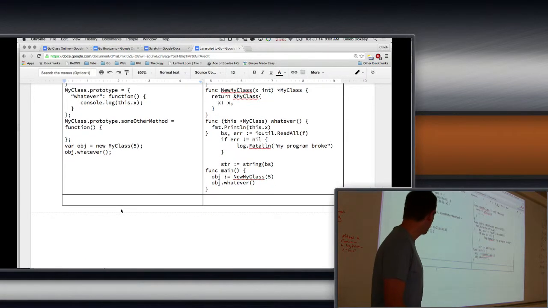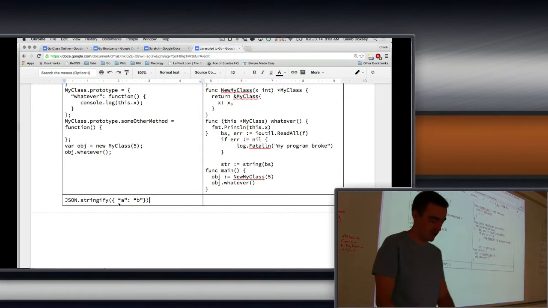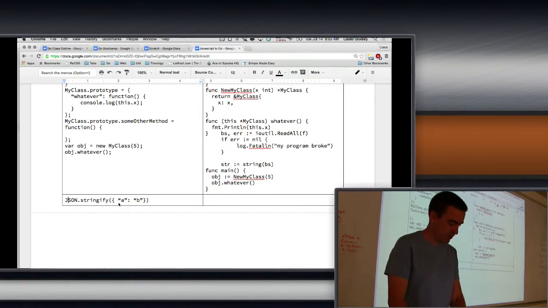Does anybody know how we convert something in JavaScript to JSON? Nobody remembers how to do that? JSON.stringify. I think you give it whatever. So let's do that so we can see the difference. It takes some other things, but generally just do that. So we'd say,